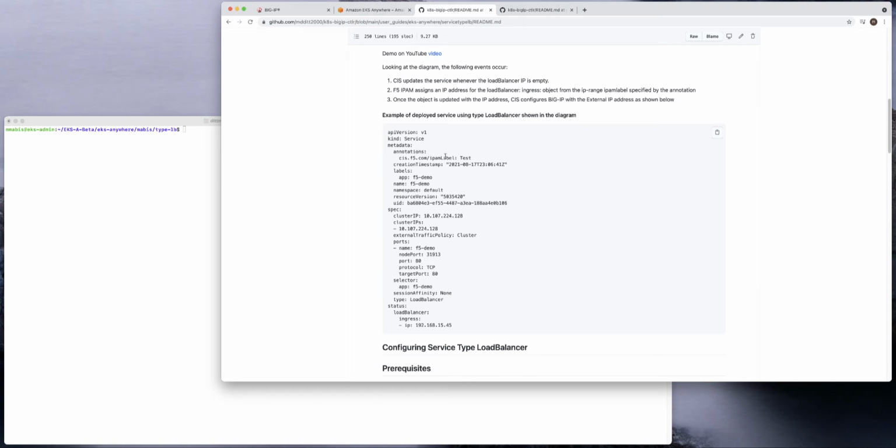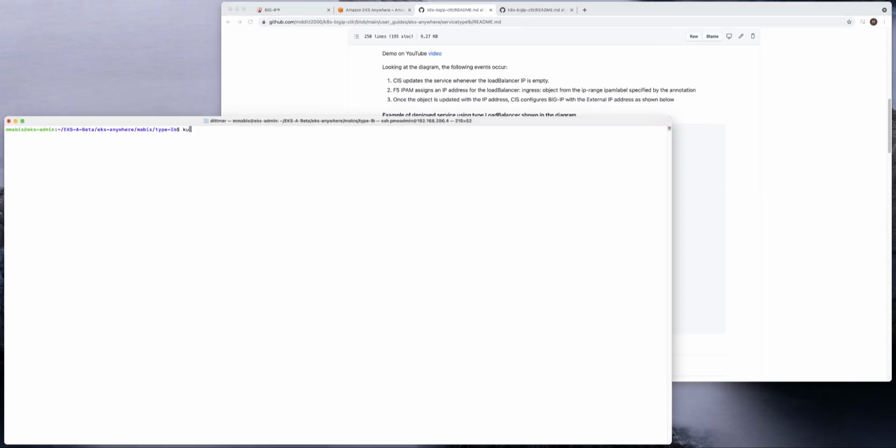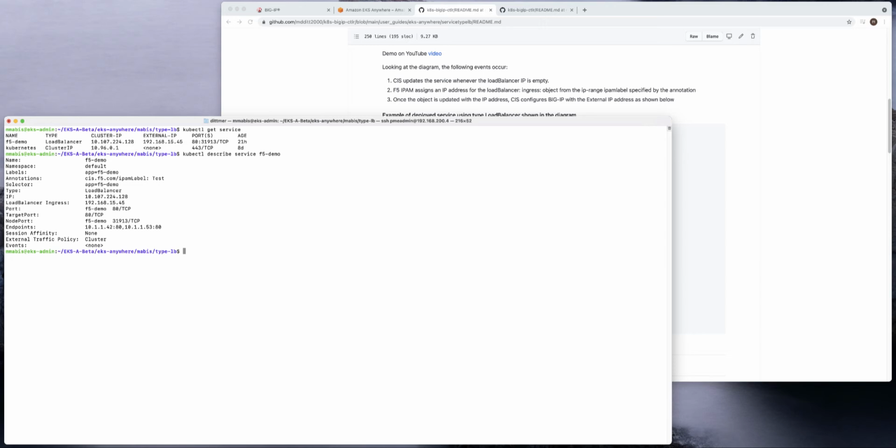In this case, there's a service created, and the service has a name of test. So we can actually go to Kubernetes. I can do kubectl get service, and we can see the service there of F5 demo. And what I can do is a kubectl describe service F5 demo, and you can